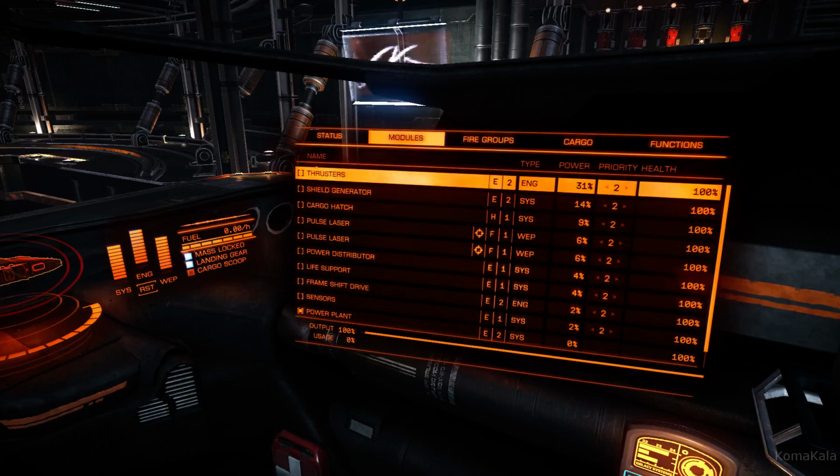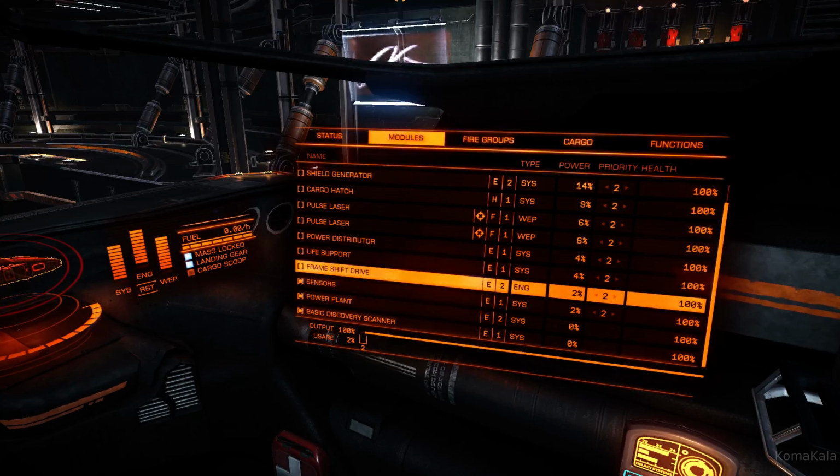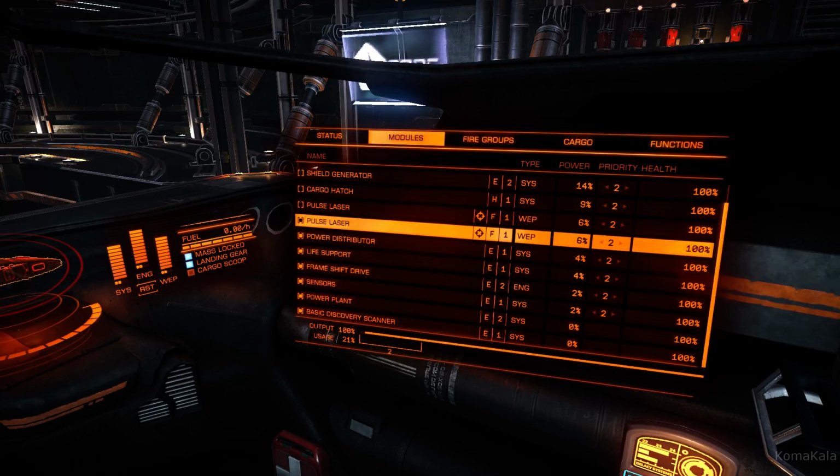Shields offline. So I've turned off everything except for my power plant. You cannot turn off your power plant. And if we were to enable everything again,